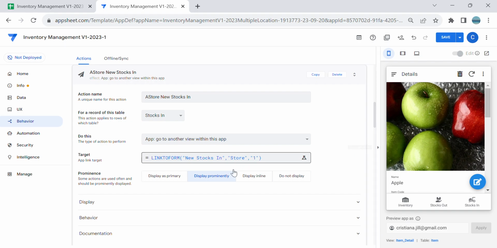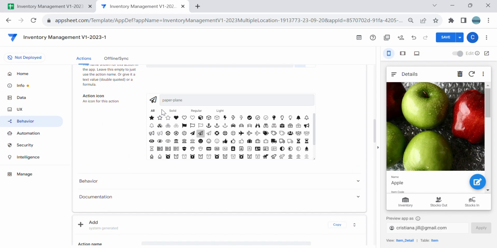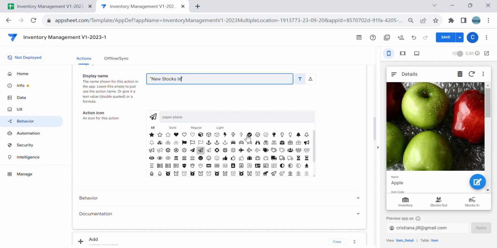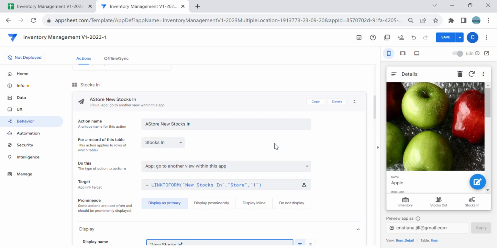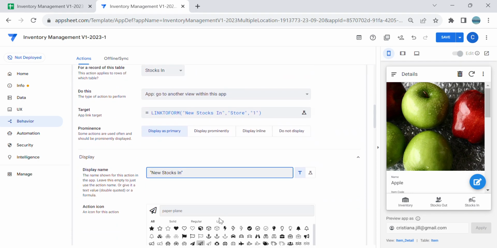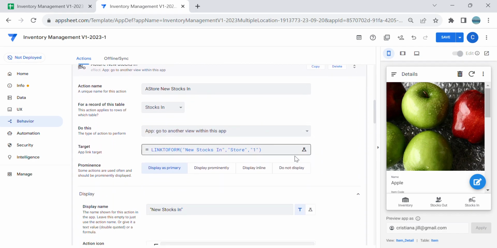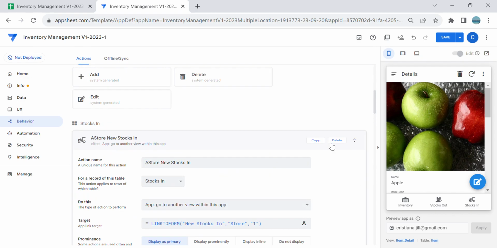It equals 1. Okay. Display is primary, and for the display, I'm going to name this very simply, news. Then you can have maybe a truck icon here. Okay, let's use that action,